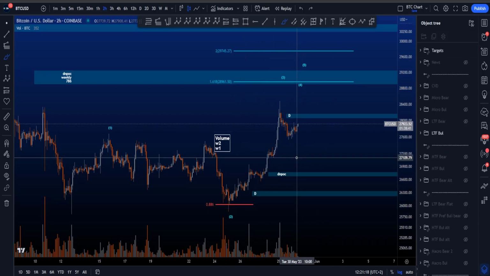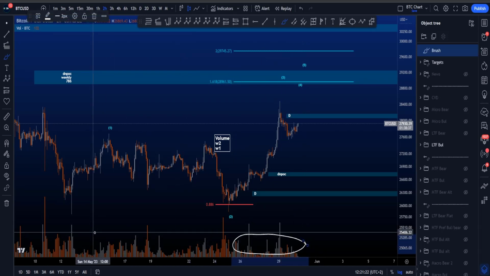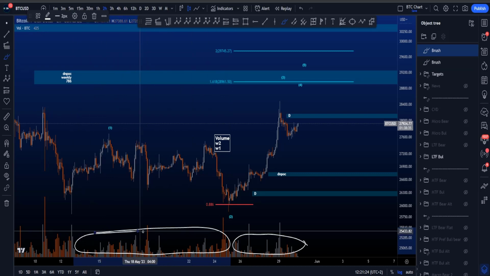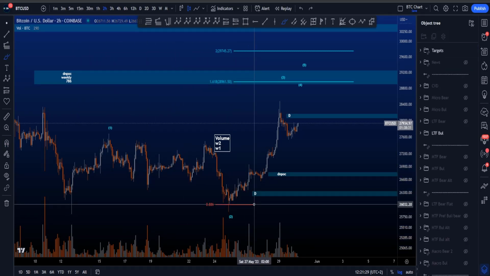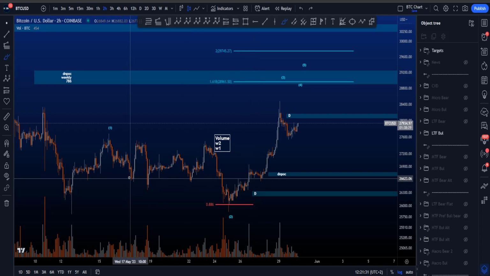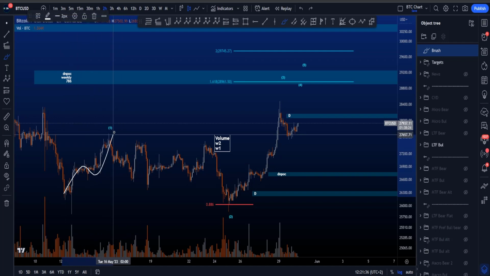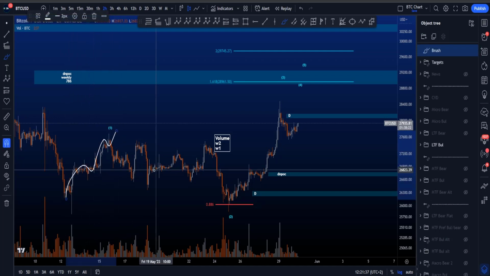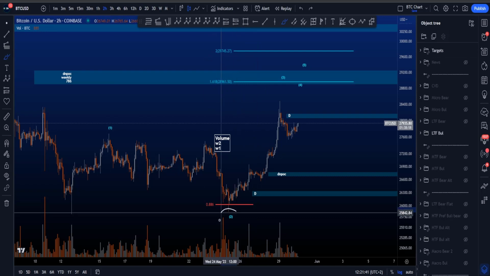And that is the main problem with this scenario at the moment, is that the volume over here is very low. One can argue that it is actually quite comparable with the corrective structure over here of this potential wave 2, so that is not really what you want to see in a wave 3. Another thing to take into account is that this wave 1 looks more like a 3-wave structure than a nice 5-wave structure to the upside, and this wave 2 retraced to the 0.886, which is a rare target for a